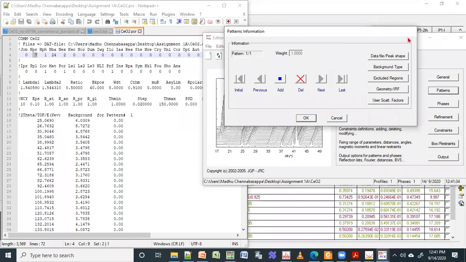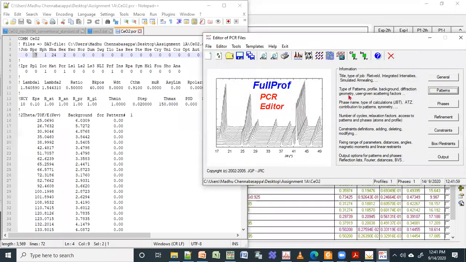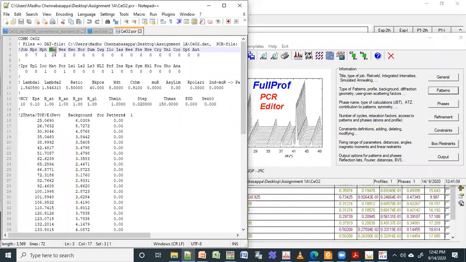Okay, then you have something called the number of background points. You have 24 background points which you got from when you imported the data, right? So this is the number of phases. Okay, all this information I will give as a separate file. NPH, number of phases, is 1. Okay, there is something you need to change, that is AUT. AUT, you just make it 1.